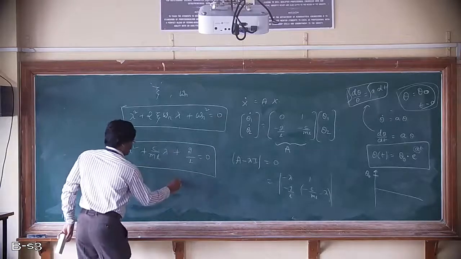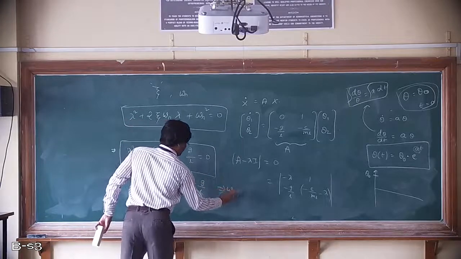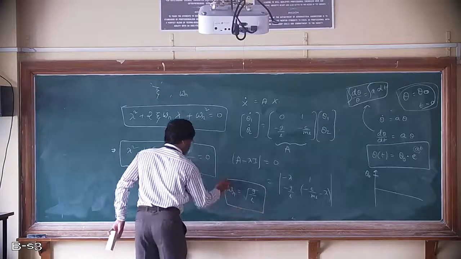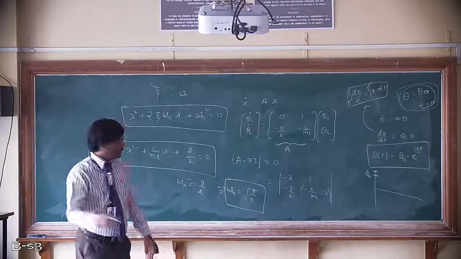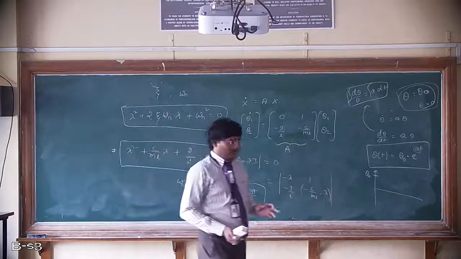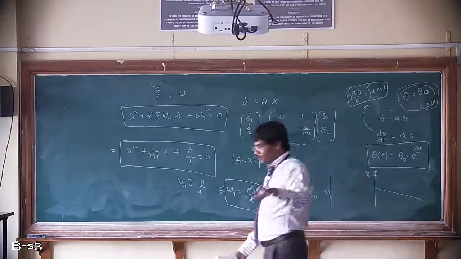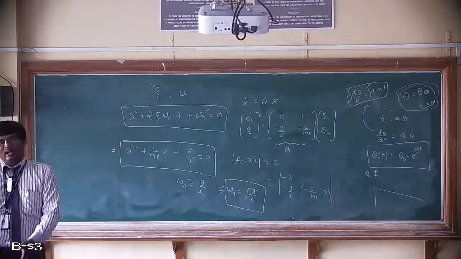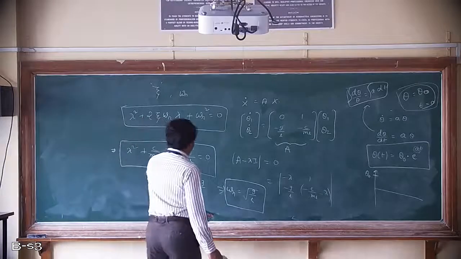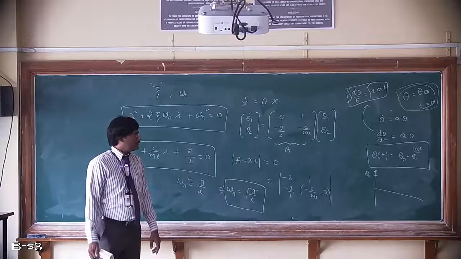Omega n square is nothing but g by L, that is nothing but omega n is square root of g by L. Very, very important. I think you remember this. Somewhere studied natural frequency is square root of g by L. Yes, that depends on length of the string. So natural frequency of the simple pendulum doesn't depend on mass of the bob. Probably you've done some experiments also based on this. So finally we are getting this equation, omega n is square root of g by L. Yes, right?